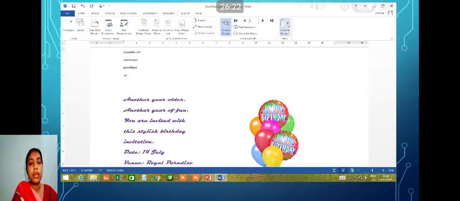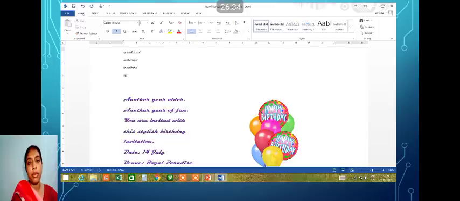Yes. Finish and merge, and the merge option is also there. The drop arrow is there, that you can see. The same options are available here also. So you can opt for all these options from any of the places according to your requirement. I hope all these points are clear. Yes, this was all regarding mail merge.